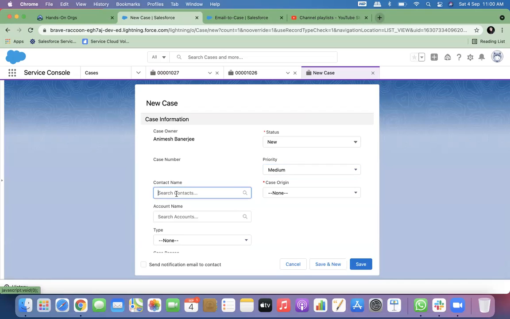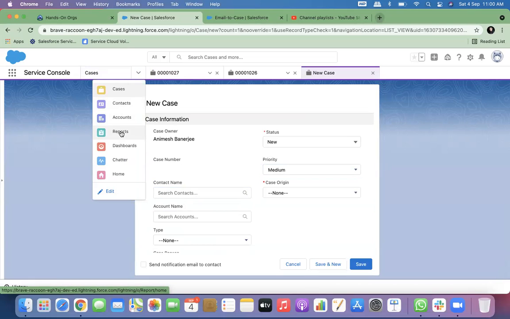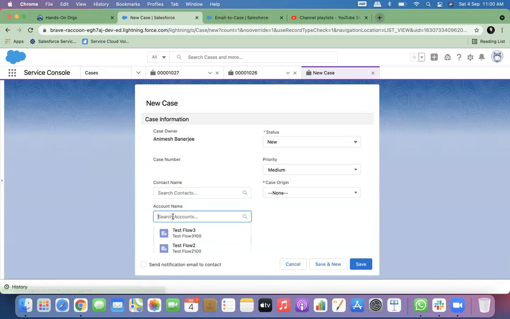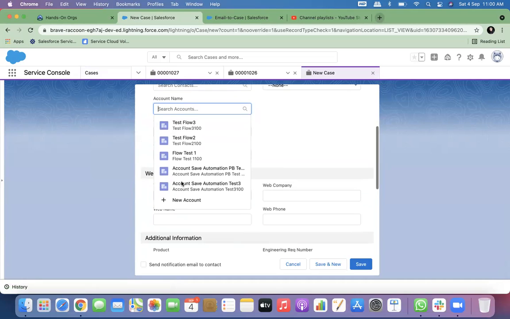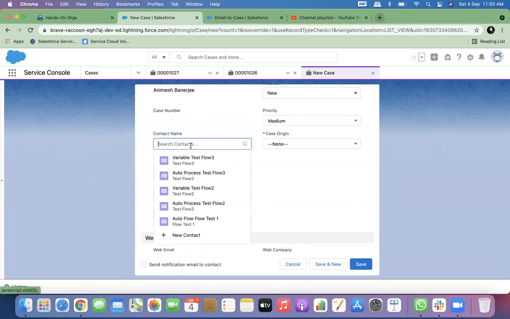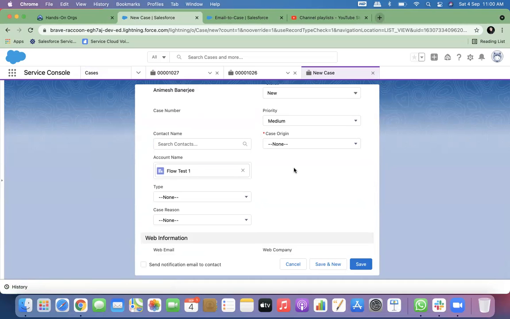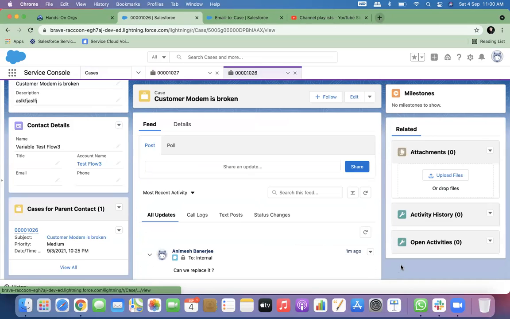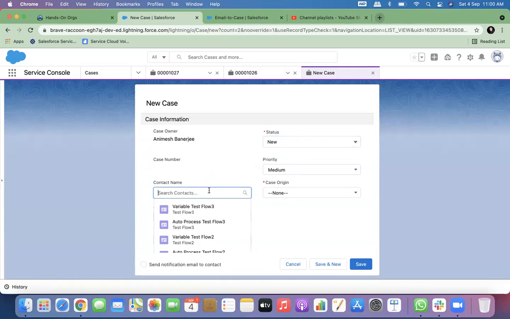So you will search your customer here. Maybe Animesh called. There can be multiple contacts with the same name, and same numbers are possible. So you have to go to the contacts and find out which one is the different contact. There can be accounts also with the same name. If there is duplicacy, then you are putting trouble for yourself. Name duplication can happen, no problem. But you should have an identifier when you are searching, right? There is an easy way of finding out who these people are.